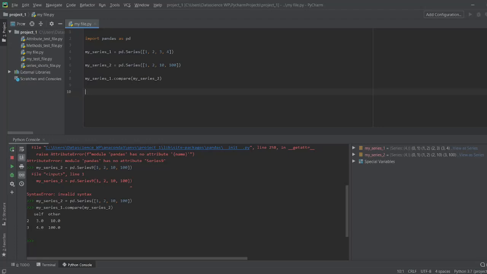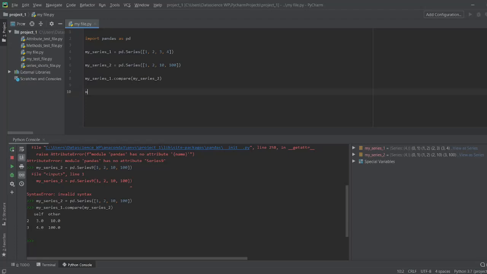Now, whenever we say deep copy, it means that when we make the changes to the original item, the copied series remains intact. So there is no change to the copied item whenever we go for a deep copy. So let's look at an example and understand this thing better.